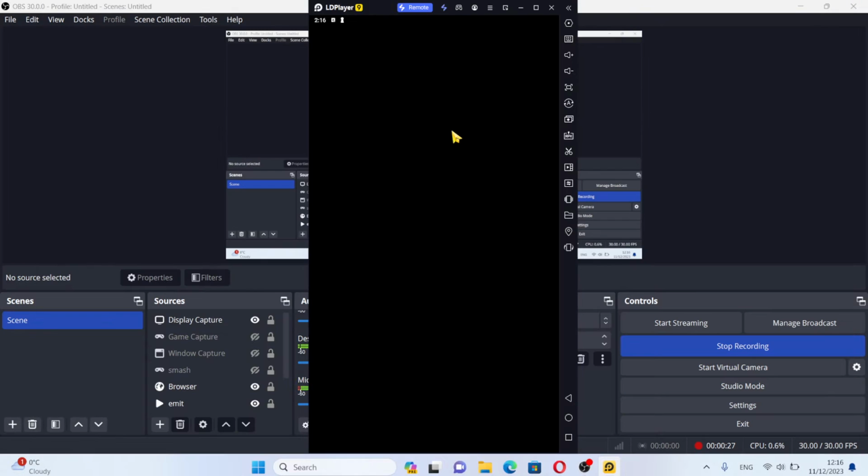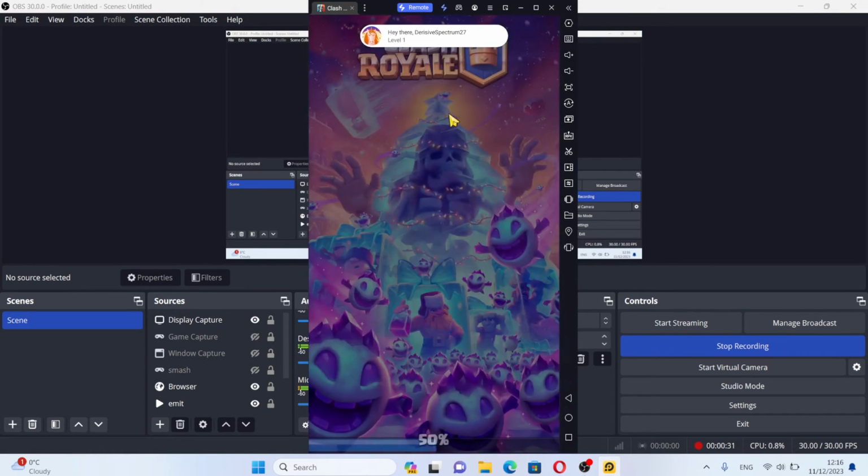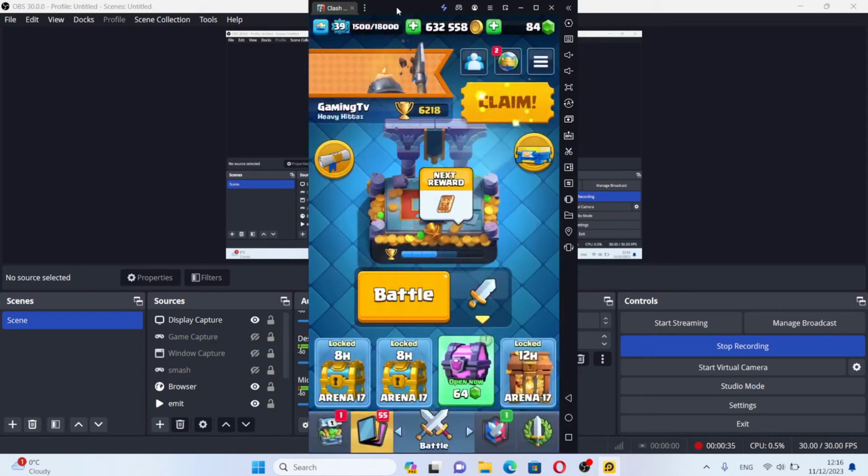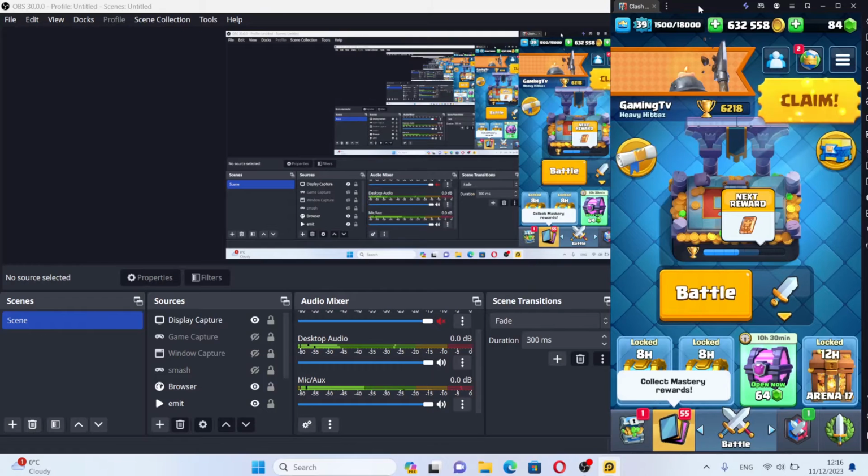So let's turn on Clash Royale. I will explain about the setting more. We have a Clash Royale game right now on the screen. So if I play this game, it's okay, but